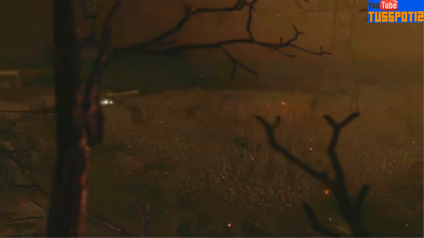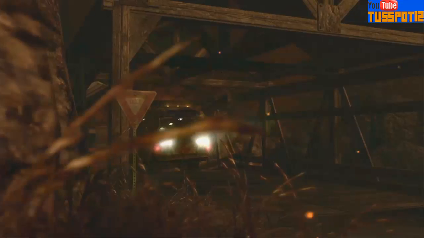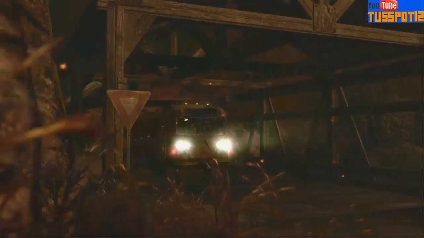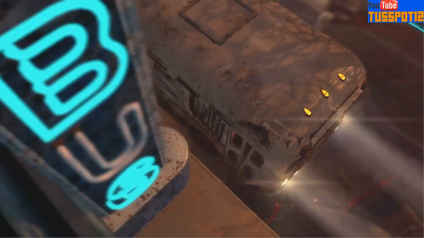So it starts out, you see the bus from the little teaser trailer, and there's a field, like a cornfield, wheat field, whatever you want to call it, and you've got a yield sign. At first I didn't think that said yield, I thought it was an X at the beginning, but no, it says yield. And the bus pulls up at the terminal just like last time,